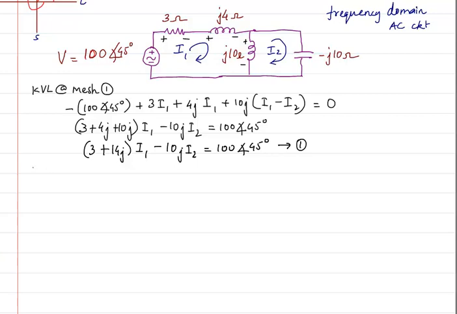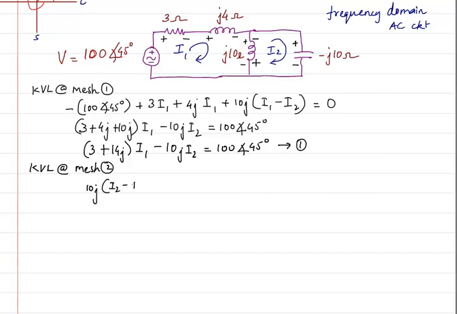Next, let me write the KVL at mesh 2. Now, KVL at mesh 2, as I always do, I always write inside that mesh the signs. So I2 is flowing like this. So this is going to be plus, this is going to be minus, this is going to be plus, this is going to be minus. So the equation is going to be 10j